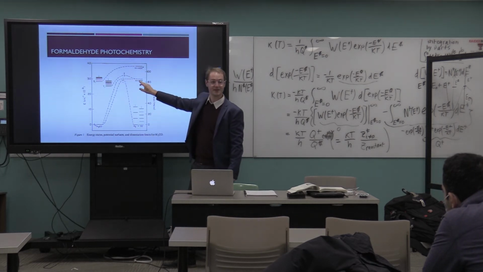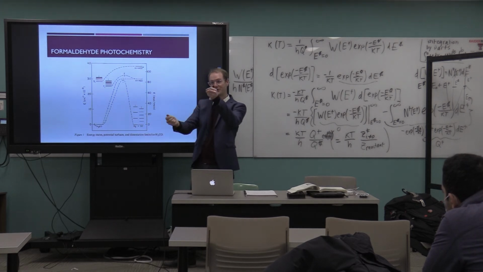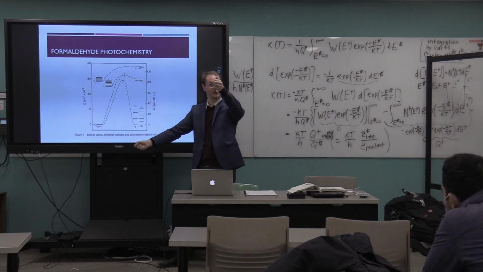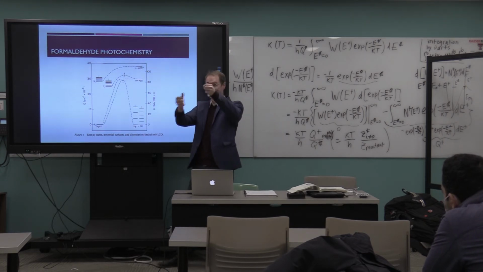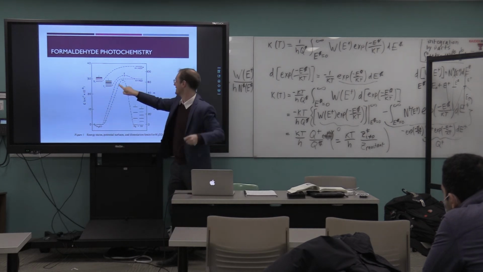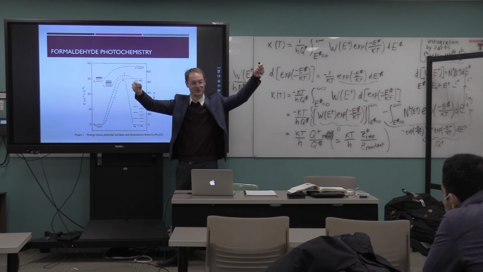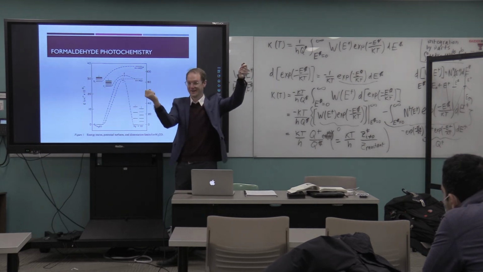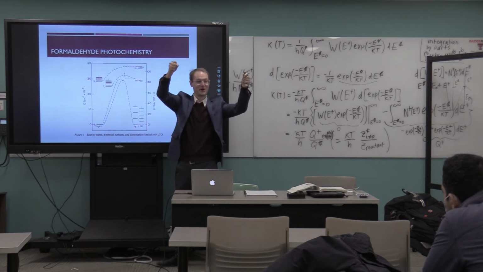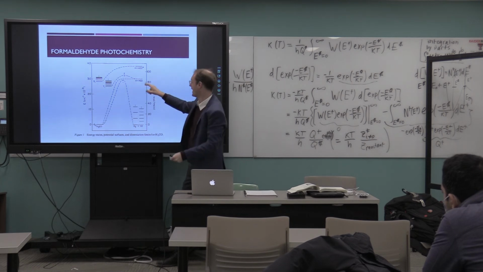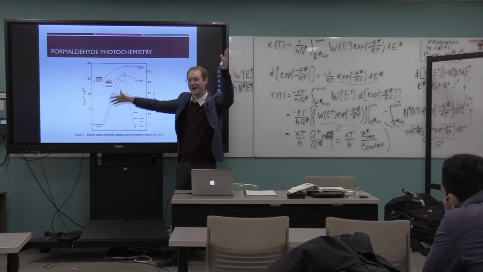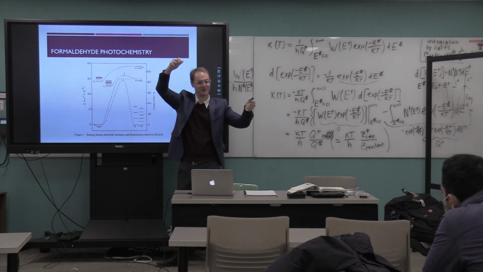So the hydrogen atom, if you put all the vibrational energy in a single hydrogen atom, it has almost enough energy to escape as an H radical, but not quite. So you try to make this H plus HCO product, but you don't quite have enough energy for the hydrogen atom to escape all the way. It's still attracted to the molecule, right? It can't get out. It's just going to roam around until it finds the other hydrogen atom and then extract